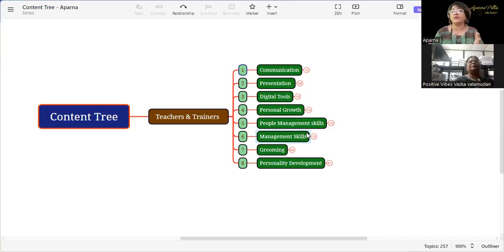I'm not saying you're not good at it, I'm just giving this as a bonus because I feel that there are some people who need this. If you have already got it, you can say, yes, I have all these things. If you don't have it, then this is something that I should be working upon. Now, how do you go about management skills?